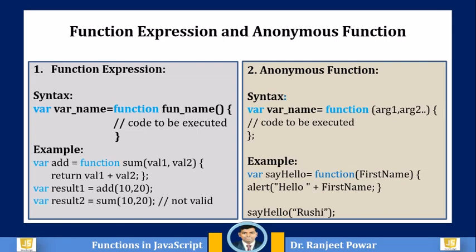In the example, a function without a function name is assigned to the sayHello variable. Then the function is called using the sayHello variable by passing parameters to it and will display an alert message, Hello